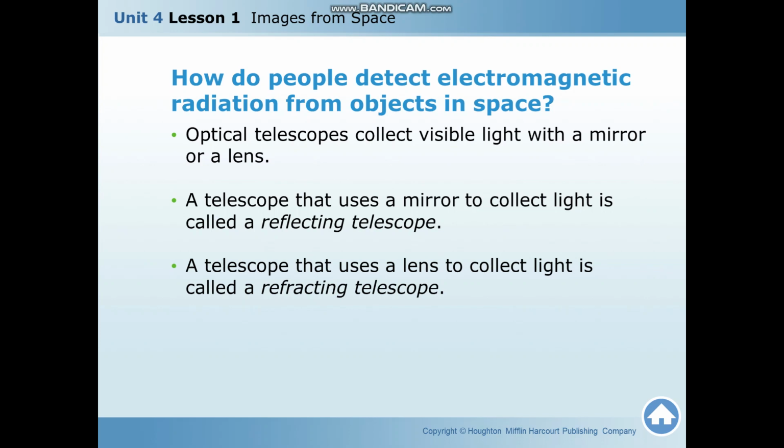Again, you can see the difference. If this telescope uses a mirror to collect light, it is a reflecting telescope. And if it uses a lens to collect light, then it is called a refracting telescope. So from the word reflect, it bounces off the light, and from the word refract,